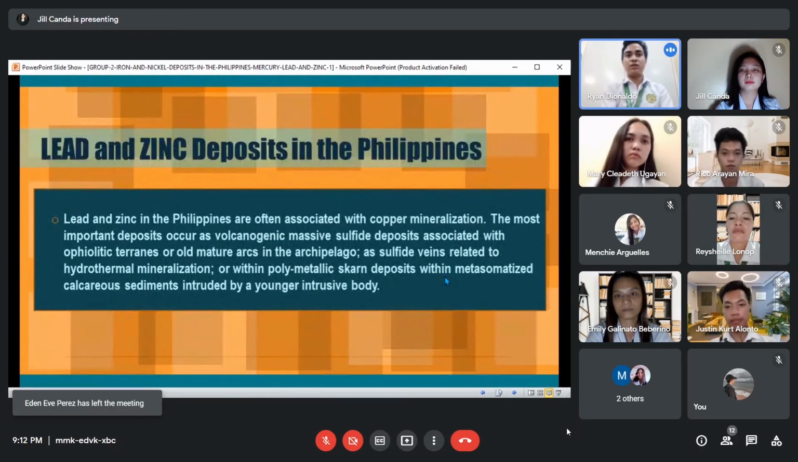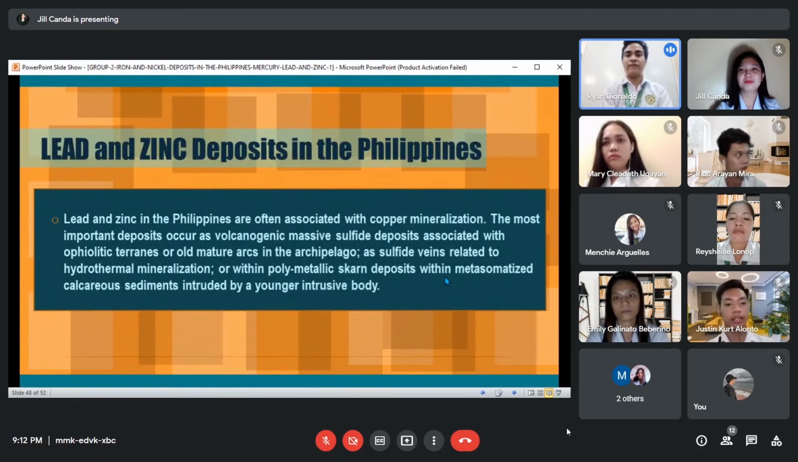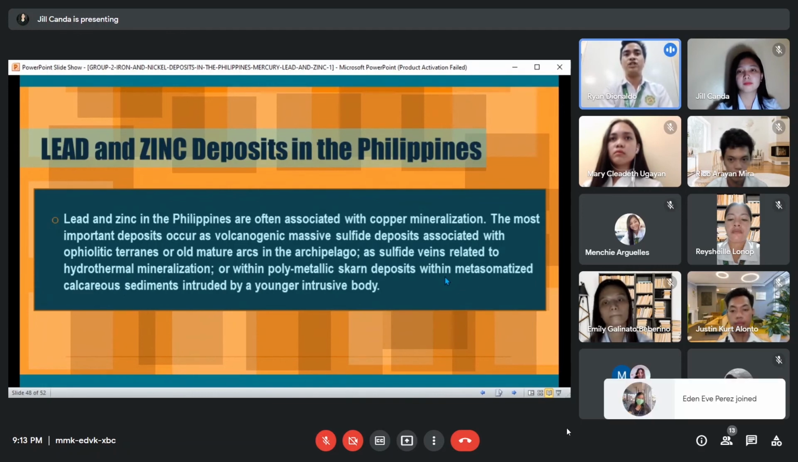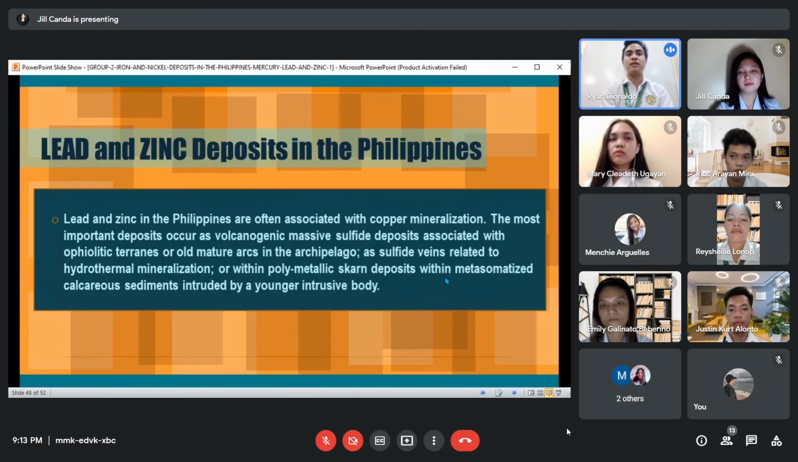Okay, we now proceed to lead and zinc in the Philippines. Lead and zinc in the Philippines are often associated with copper mineralization. The most important deposits occur as volcanogenic massive sulfide deposits associated with ophiolitic terrains or old mature arcs in the archipelago, as sulfide veins related to hydrothermal mineralization, or within polymetallic skarn deposits within metasomatized calcareous sediments intruded by